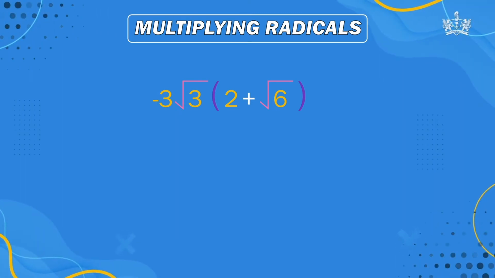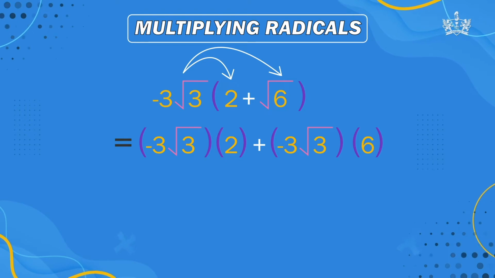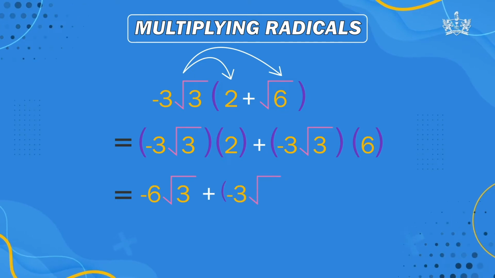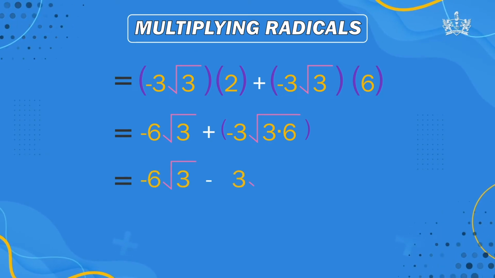This one's a little different, right? For this one, you first want to use the law of distribution and multiply the negative 3 times the square root of 3 by both the 2 and the square root of 6 inside the parentheses. We then get negative 6 times the square root of 3 plus negative 3 times the square root of 3 times 6. We then simplify and get negative 6 times the square root of 3 minus 3 times the square